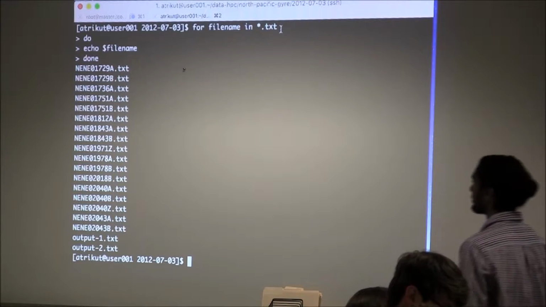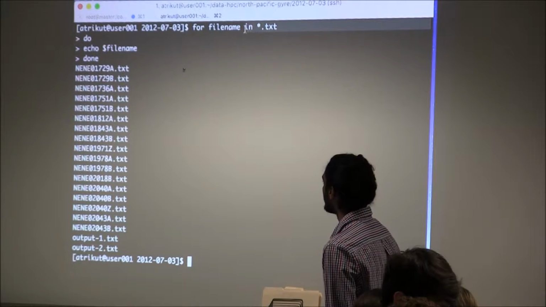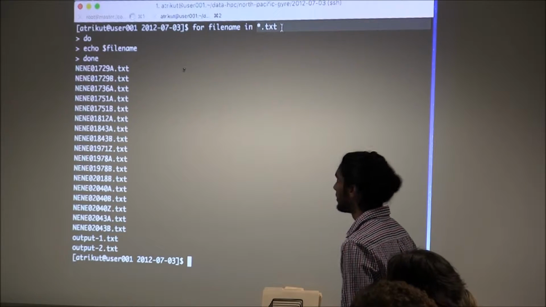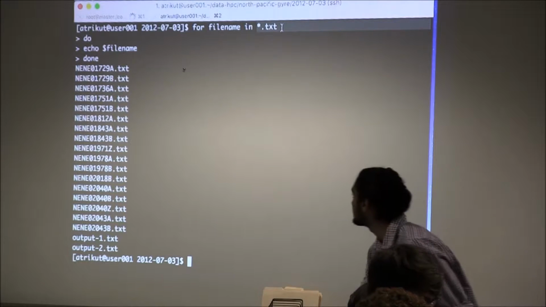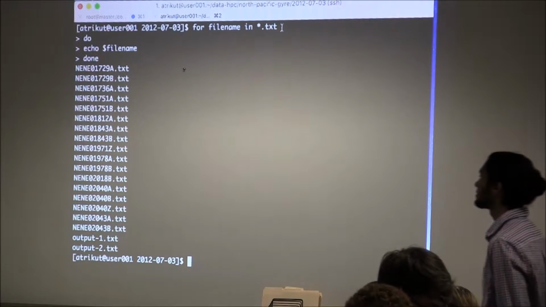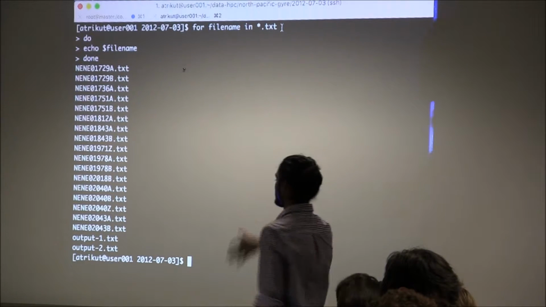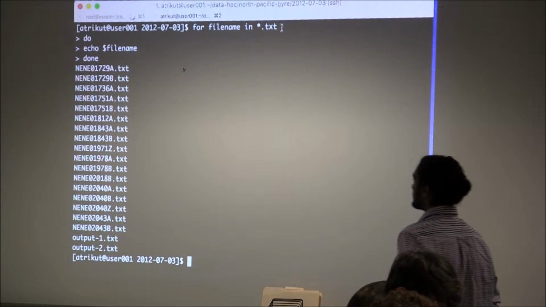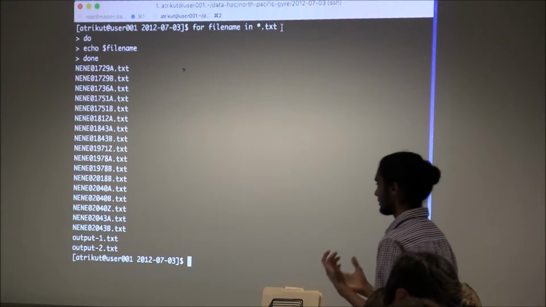So you want to loop over generally a collection of things. And that collection of things here is star.txt. So your loop will execute exactly as many times as there are things in star.txt. star.txt is a collection of all the files that end with .txt, and it turns out that there's this many number of them. So the loop will execute once for every file,